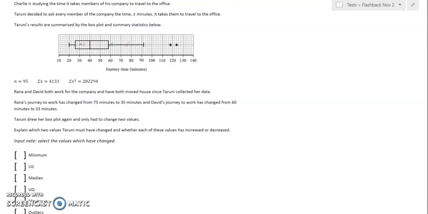Okay, so Taruni drew her box plot again and only had to change two values. Explain which two values Taruni must have changed and whether each of these values has increased or decreased. Well, because